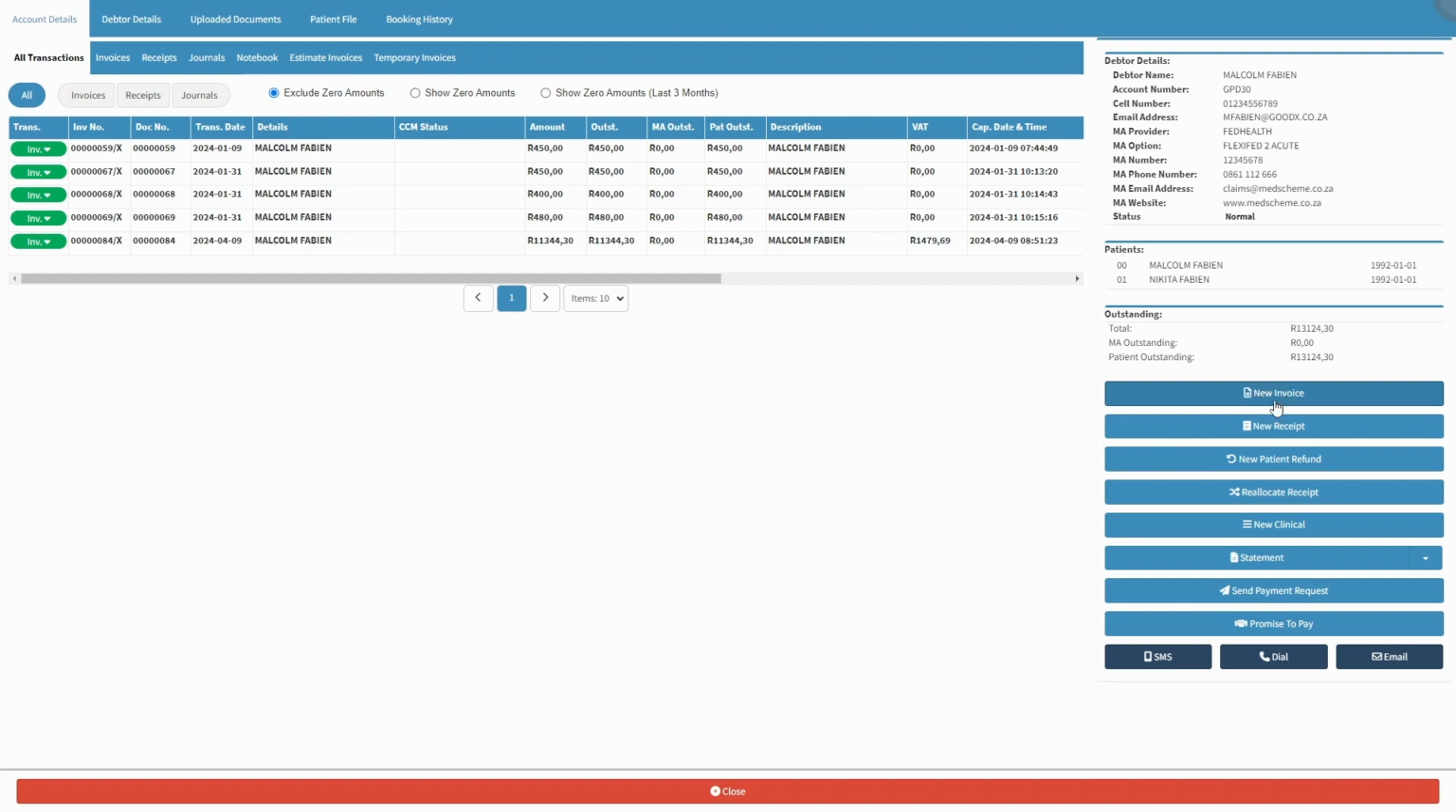Click on the New Invoice button if you would like to generate a new invoice for the debtor's account. The New Receipt button will allow you to issue a receipt for payments made toward the debtor's account. The new Patient Refund feature enables you to capture any refunds that have occurred for the debtor, for example